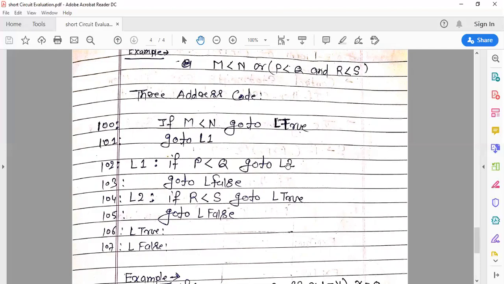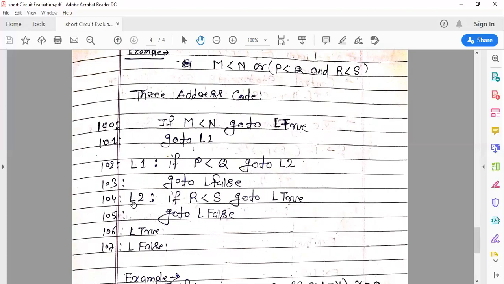L2 means this is here for true. And if R less than S, go to L true. So you can see here, if P less than Q is true, the control jumps to the L2 level.